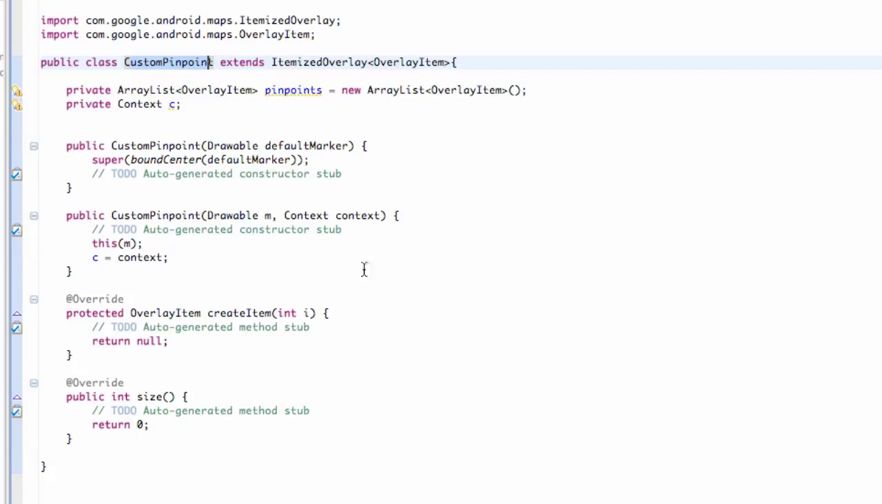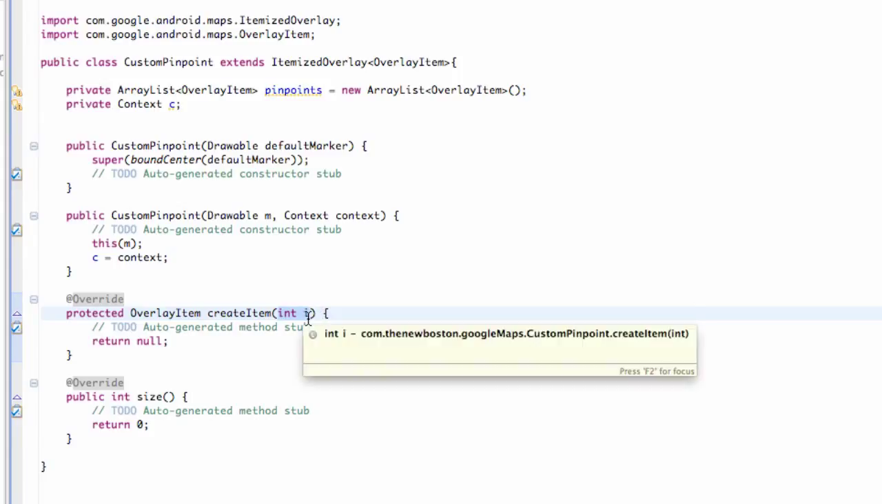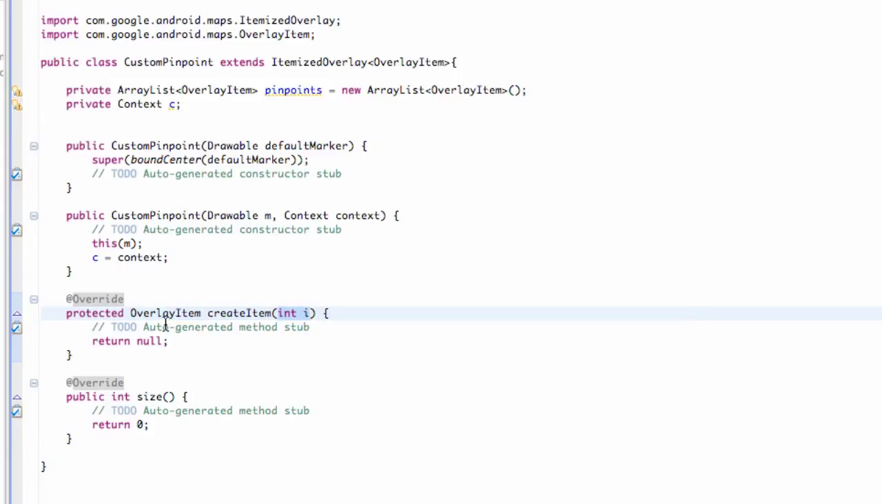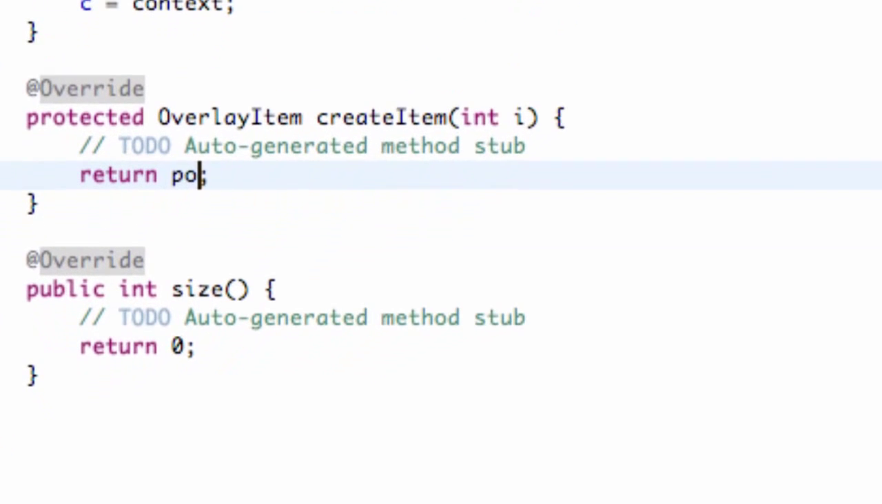What we're going to do in this tutorial is basically finish up our custom pinpoint class. The setup for what we have left in this class is going to be pretty simple and quick, so this might be a short tutorial. Let's work with this overlay item, createItem, and we get passed in an int value. So what we want to return is the value in our array list that we set up, the array list called pinpoints,